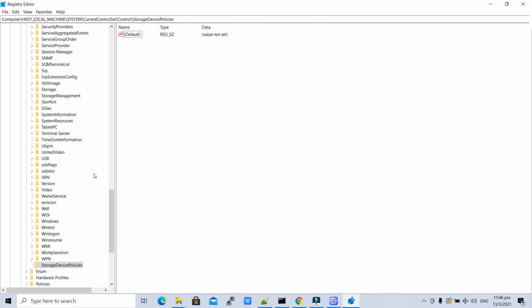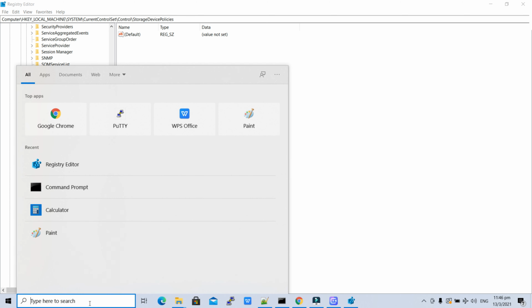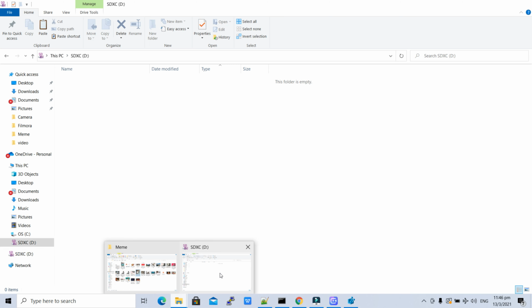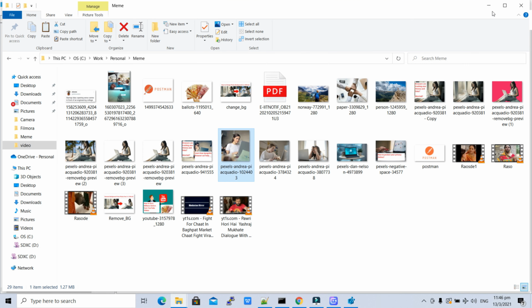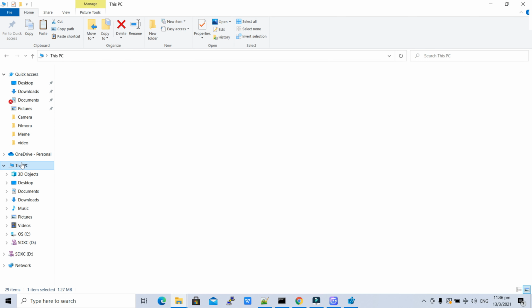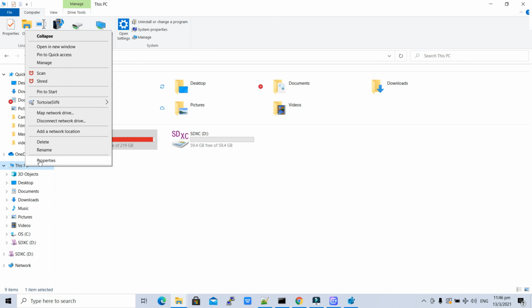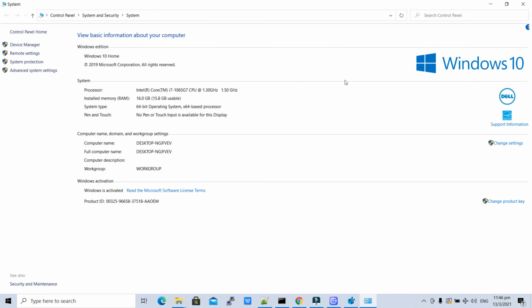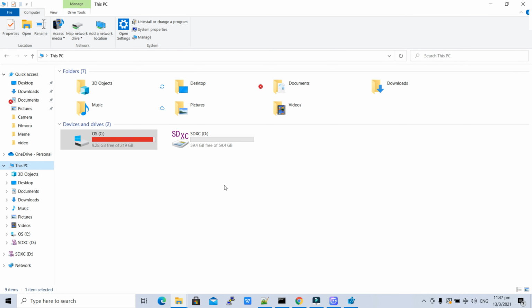To check whether your computer is 64-bit, go to This PC, right click, and choose Properties. Here you can see the system type, 64-bit operating system. This is how you can check whether your system is 64-bit or 32-bit.